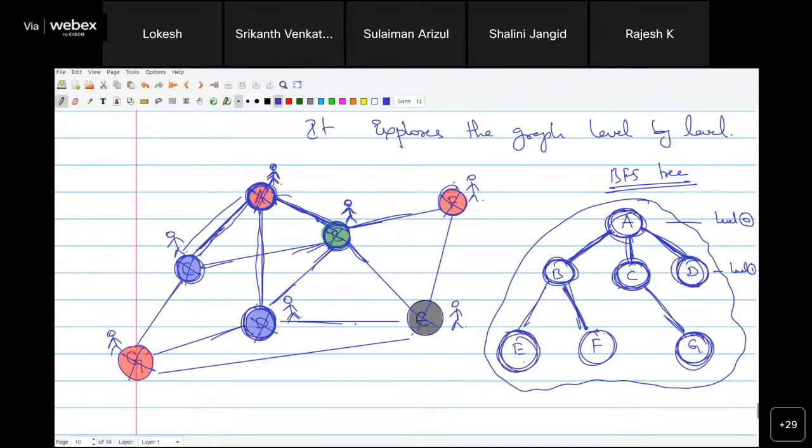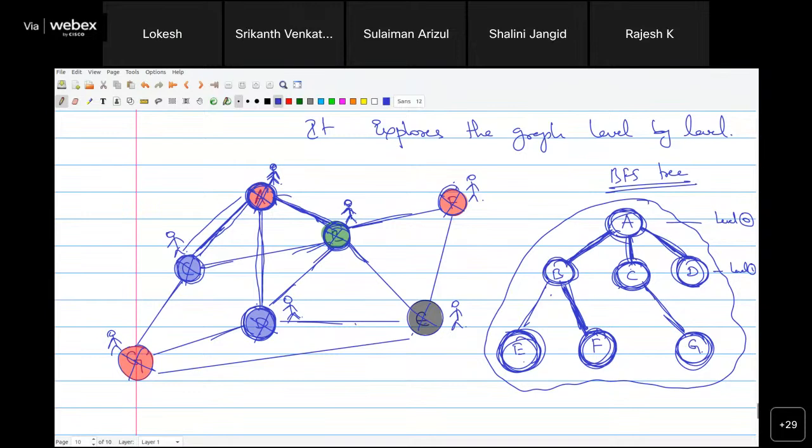I will go to vertex E. I will look out for any vertices which are unexplored. There are no vertices that are unexplored, I will come back to B and I will visit F and I will see are there any unexplored vertices. If there is no unexplored vertex, I will go back to B, I will go back to A, and from